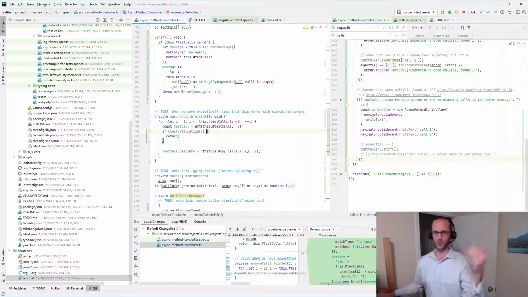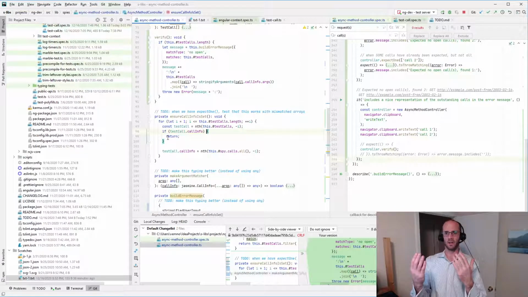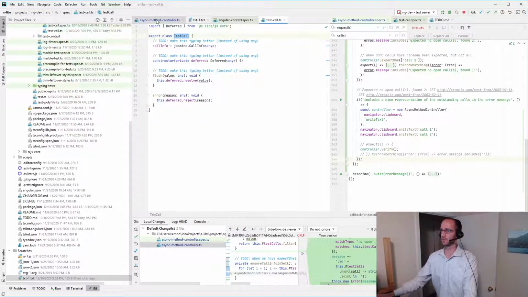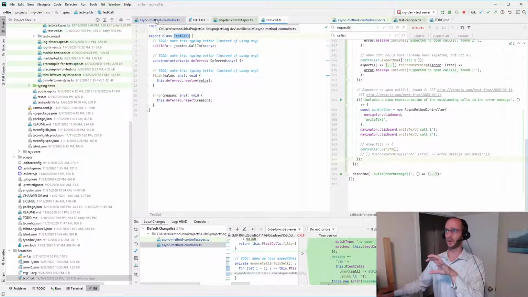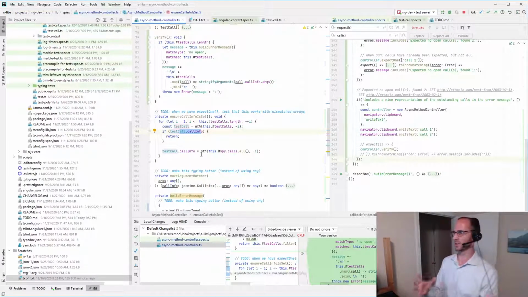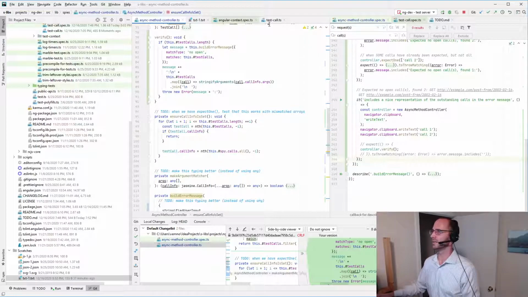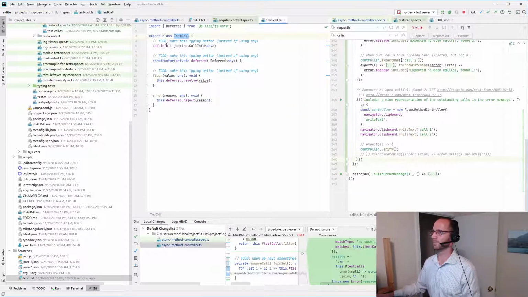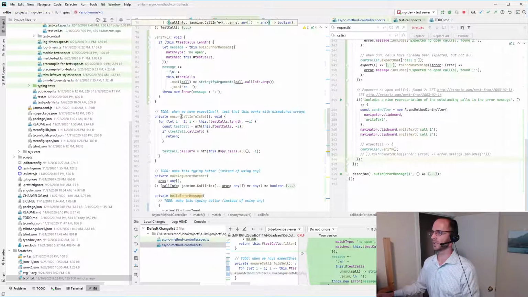It has to run through, lining up the test call object itself with the Jasmine call info object, and we have to set that unfortunately later. And so in this in-between time, this test call will not have one of these. This will be undefined until we call